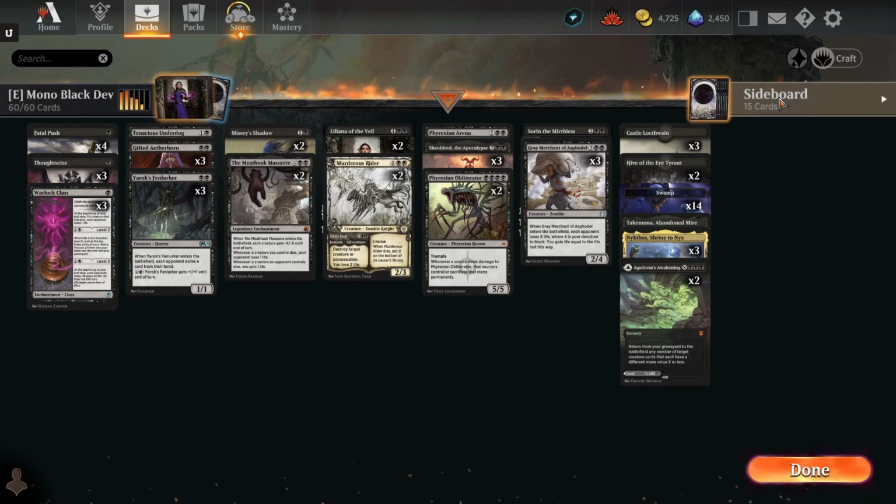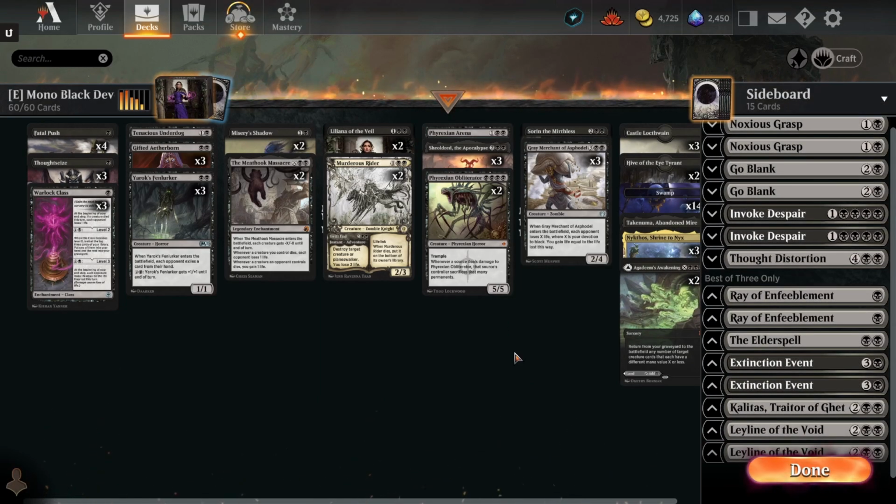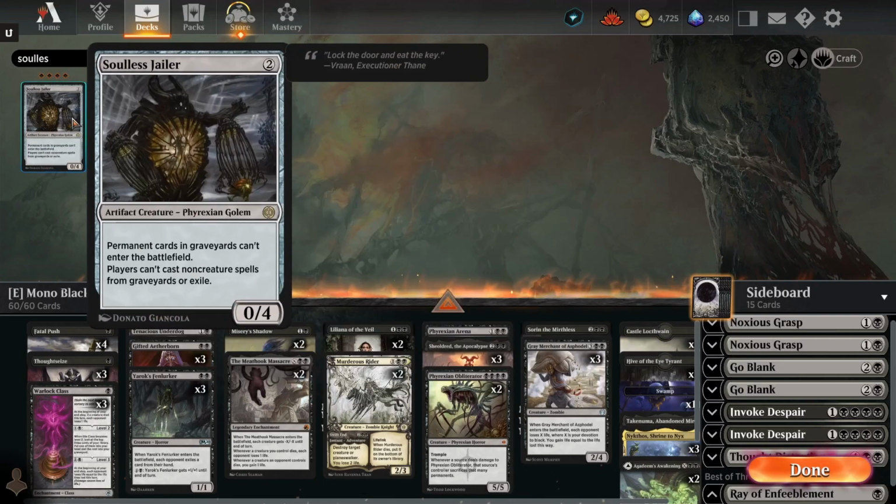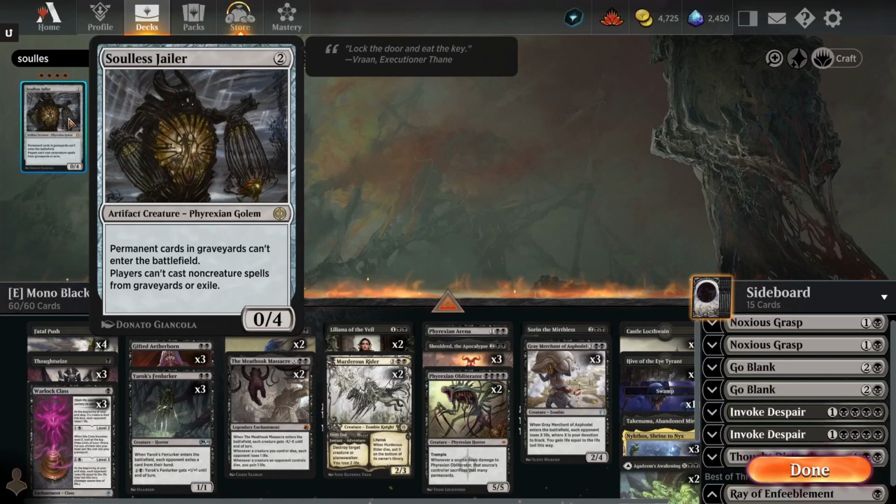But as for the sideboard, creativity has always been a card that is incredibly hard to sideboard against, just because of the nature of the card being exiling a card and then bringing it back. So Grafdigger's Cage and things like that don't work, since those players put the exiled cards onto the battlefield. Players can't cast non-creature spells from graveyard or exile, so even this doesn't stop it, since they are putting cards onto the battlefield, and at the same time they're putting a creature onto the battlefield. So yeah, unfortunately, not much to stop the creativity